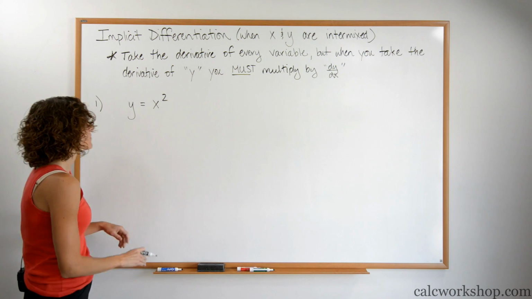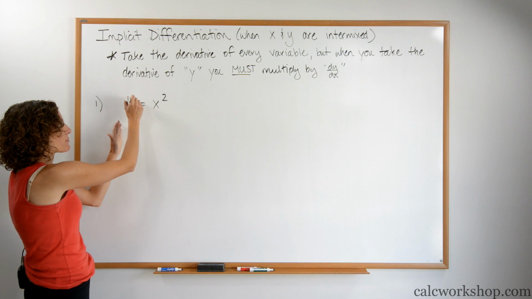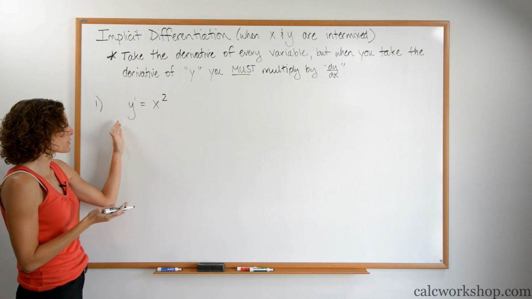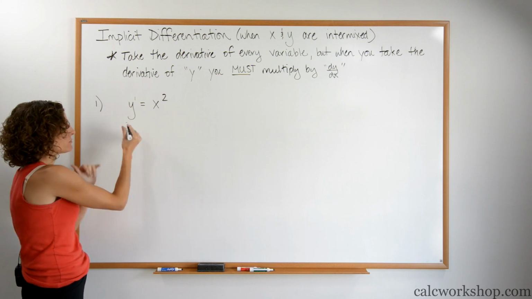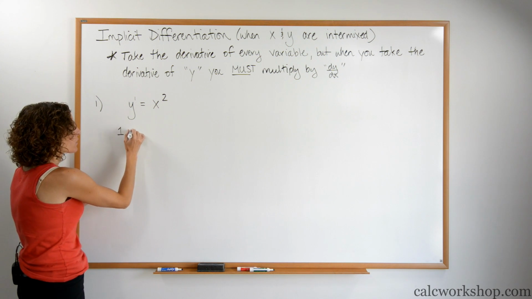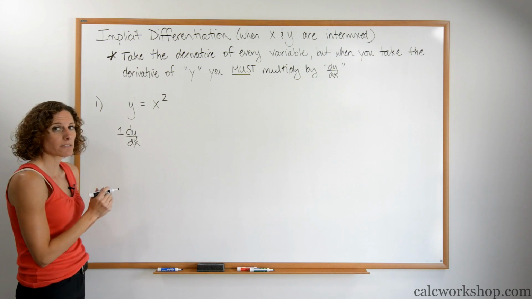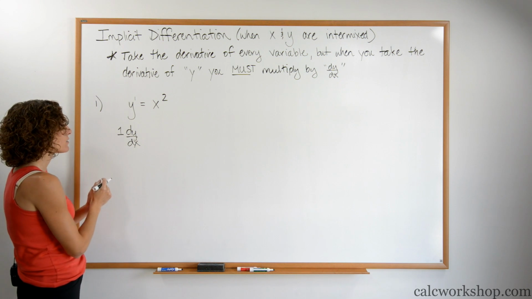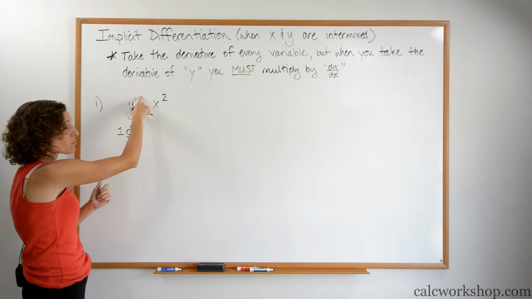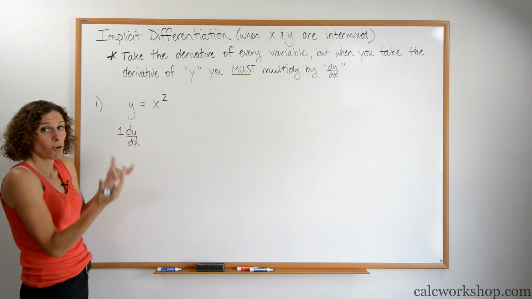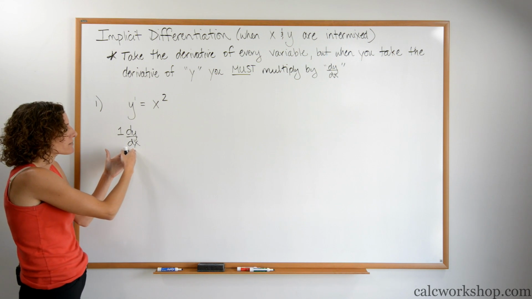So here we go. Let's focus in on the y. Right now, y has the exponent of 1. So what we're going to do is take the derivative of y, and bring the 1 down, and we're going to multiply by dy dx. Now, again, do you ever need that 1? No, but we took the 1 down, decreased the exponent by 1, which is 0. That's why we don't see y to the 0. And we're going to multiply by dy dx.